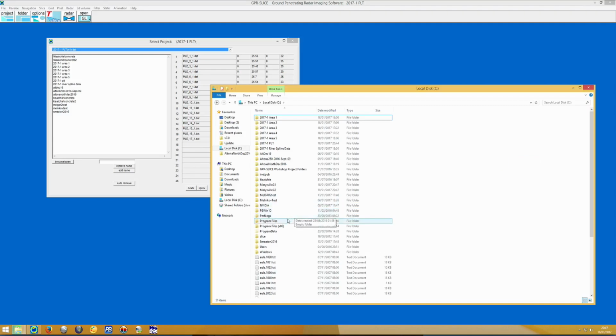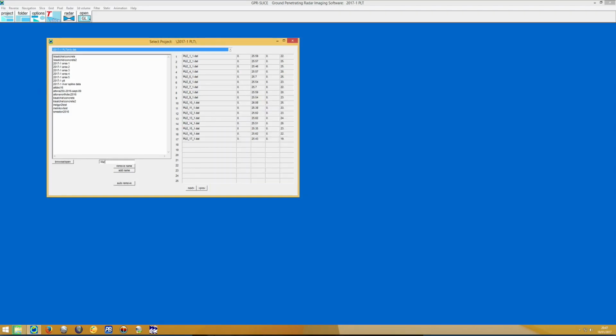Let's start with Marysville G1. So note that it's not in the list at all. All we have to do is type in the name of the project, G1, and then click on Add Name, and there we go. And then if we wanted to load it, you just click on it, and you'll notice